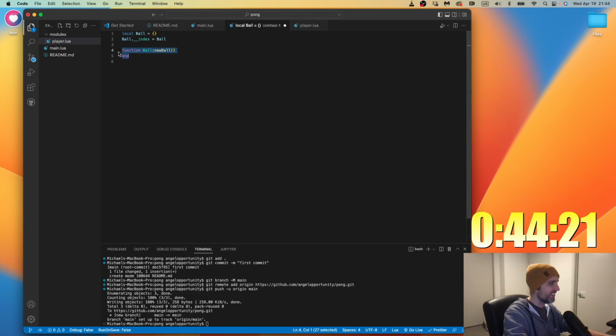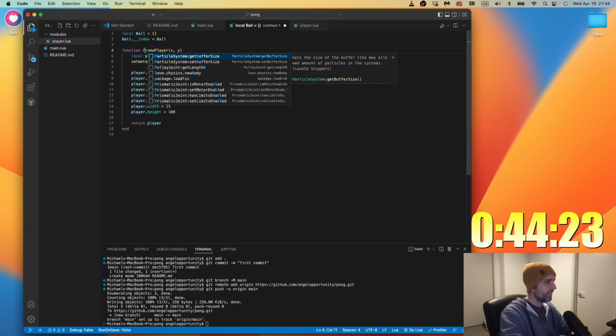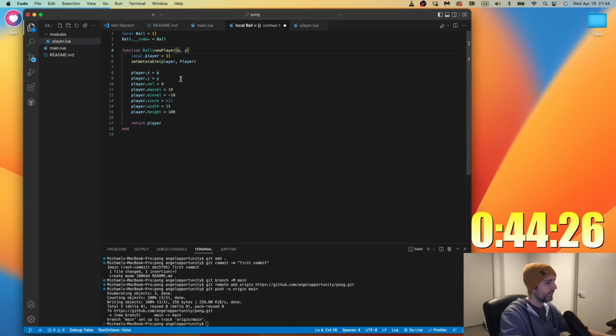Let's copy paste and just change the words. The ball is always going to spawn at the same spot, I think. In the middle of the screen. Local ball equals that. So metatable. All right, so the metatable actually is interesting here. I think this needs to be ball, but actually that index, I think I want it to be player. And let's see, we'll see what happens. I can't quite remember how to do this right.